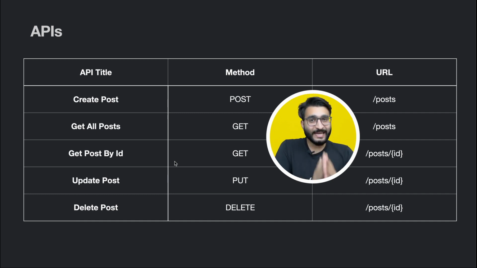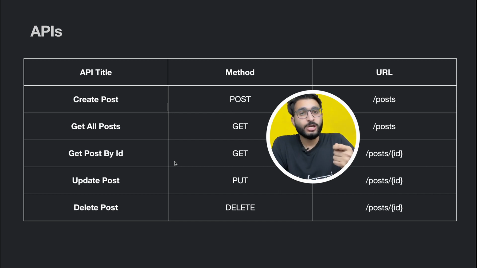Similarly, if I want to update any post, I need to know which post the user wants to update, right? So again, you can see in the URL, I will be requiring some ID. In the same fashion, if I talk about the delete post request, to delete a post, again, the user needs